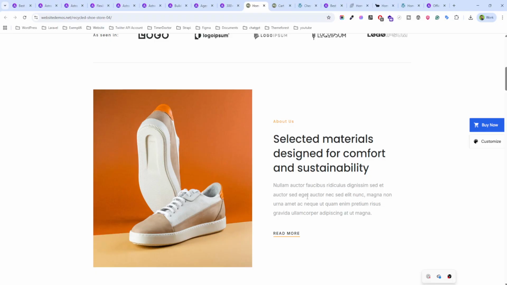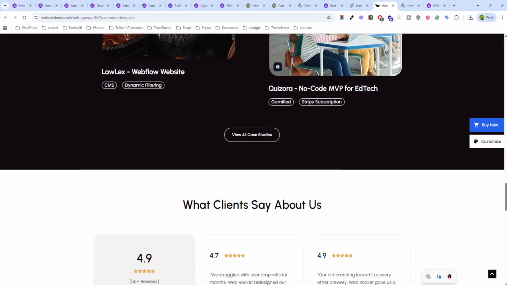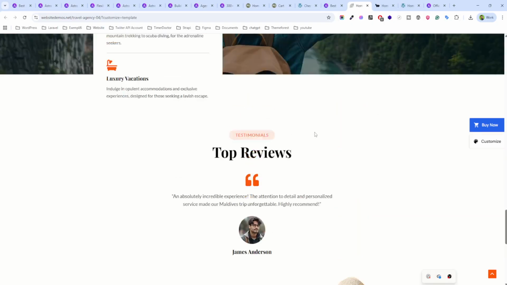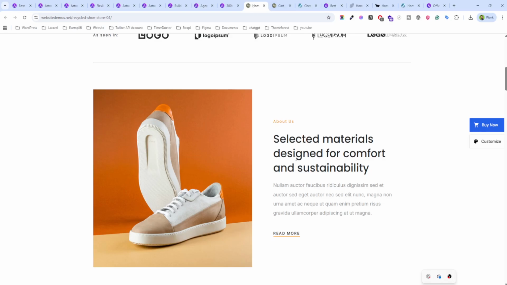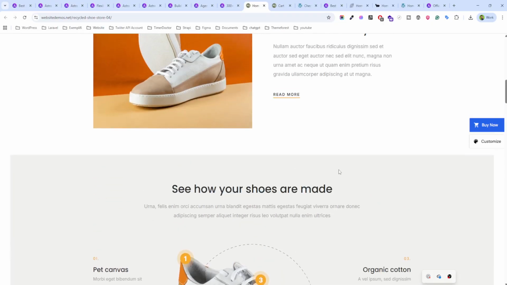So why choose Astra for business and blogging websites? Astra works for a business website, so here you can see this one, the business website. And a personal blog website, this one the personal blog website, and portfolio websites, these types of portfolio websites, e-commerce websites, you can see that e-commerce website, educational websites, LMS websites, because it is scalable and you can start small and grow big. Whether you are a beginner blogger or a professional web developer, Astra fits every purpose.